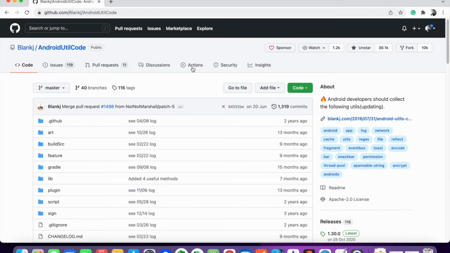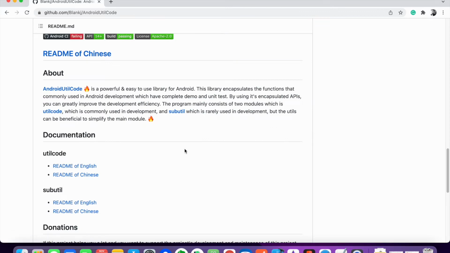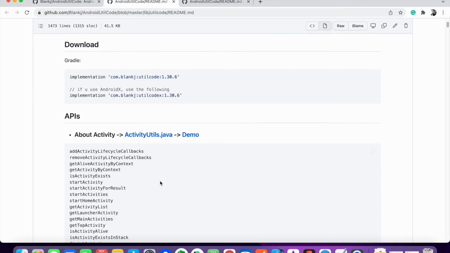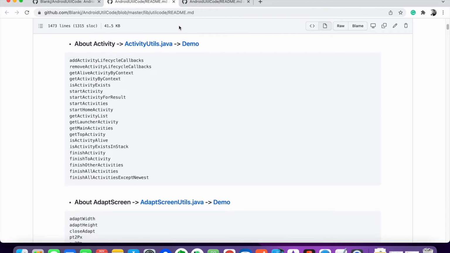So the next in the list is Android Util Code. When you develop an Android application, multiple utility methods are needed, and this library has a collection of multiple util methods. If I can show you a few snippets, you can see for the activity they have a lot of methods.